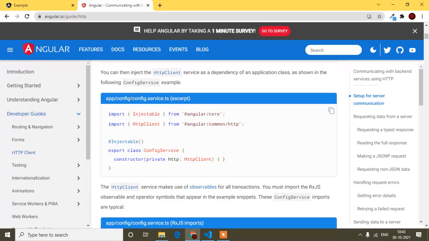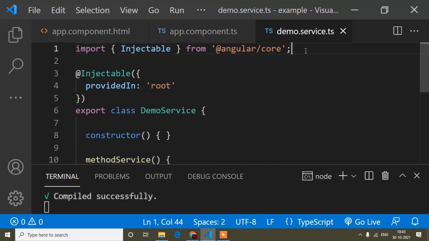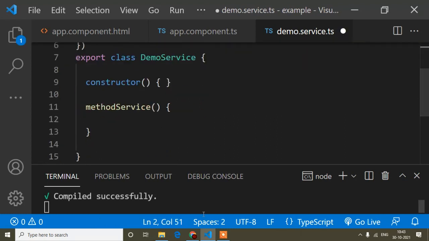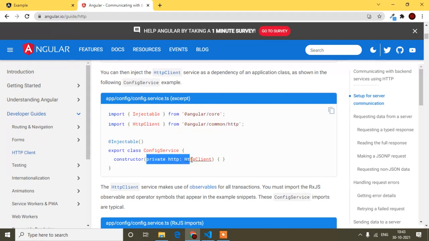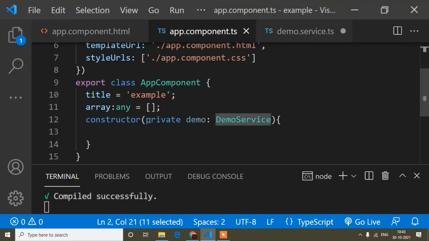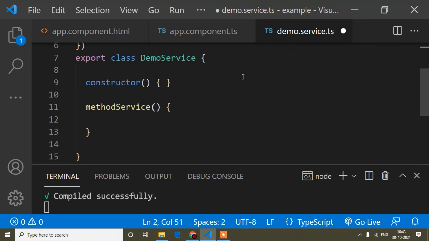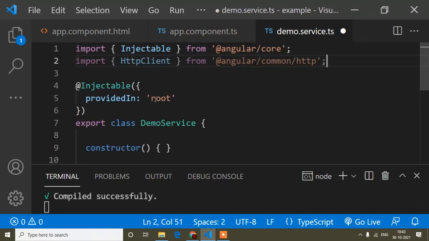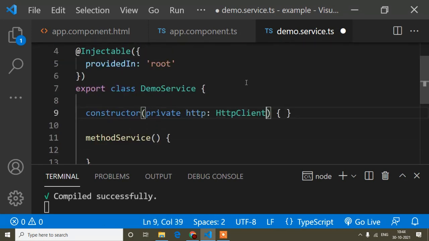And now for HttpClient, you can see the service name is config.service.ts. It is explaining that you have to import this HttpClient in your service. So I will copy this, and this is my service. I will import it here, and now you can see you have to create an instance. The same way I showed when I was creating an instance of this service, you have to create an instance of HttpClient in our service. So this is the service I imported, and now in the constructor I will paste this one. So this is done.